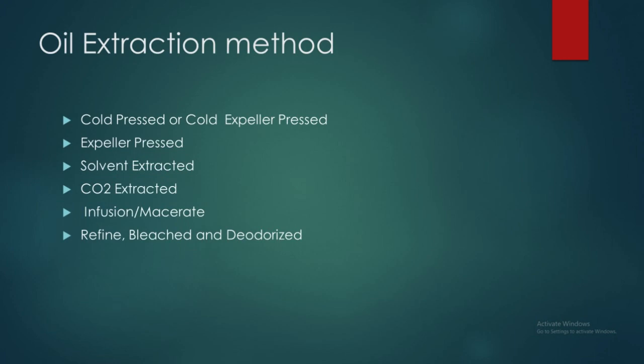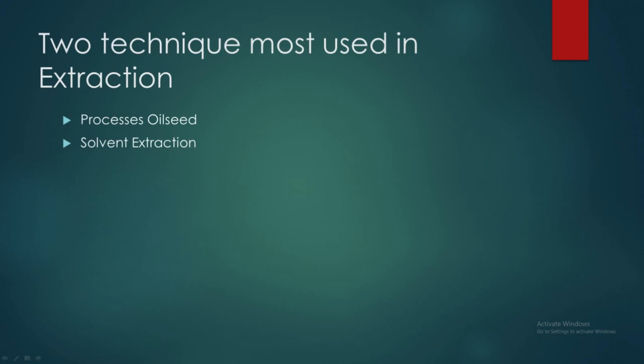As we have expeller press, solvent extracted, carbon dioxide extracted, infusion or macerate, and last we have refine, bleach and deodorize. Next, we have the two methods that are the most used or popular in extraction. We have pressed oil, and we have solvent extraction. Up next we have